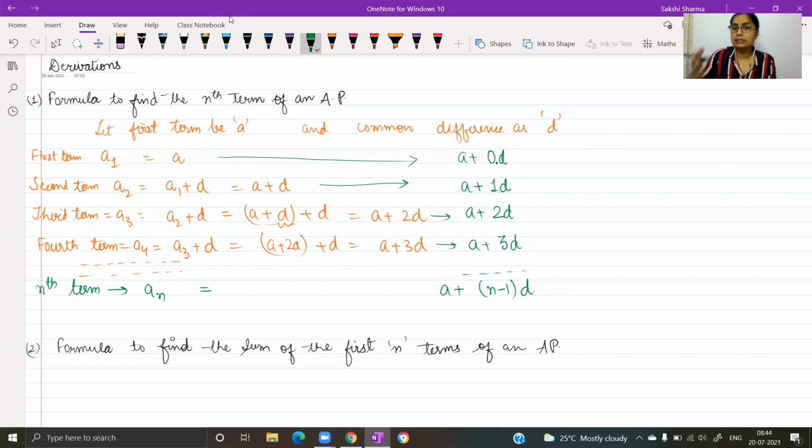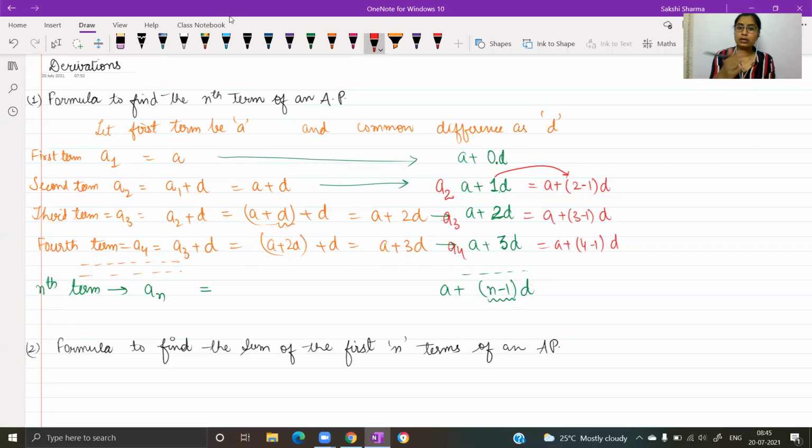आपकी बुक में वैसे उन्होंने एक स्टेप और लिखा हुआ है यहाँ पे इसको जनरलाइज करके कि ये जो कॉमन डिफरेंस के साथ वैल्यू मल्टीप्लाइड है उन्होंने उसको इस फॉर्मेट में लिखा हुआ है. इफ यू वांट यू कैन डू दैट एज वेल. इट्स नॉट रिक्वायर्ड दो. A2 के लिए वो लिख रहे हैं A plus 2 minus 1 times d. फिर A3 के लिए A plus 3 minus 1 times d. And A4 के लिए A plus 4 minus 1 times d.